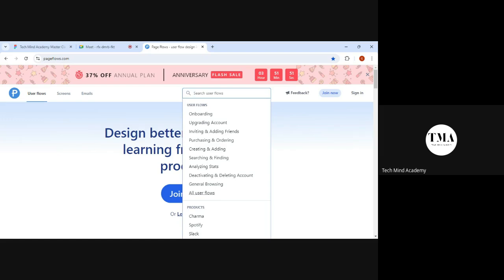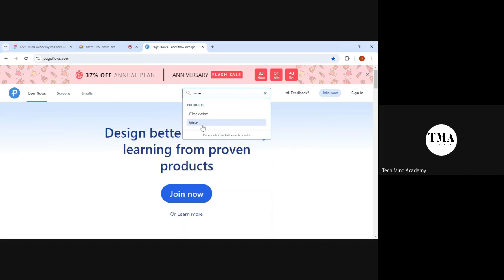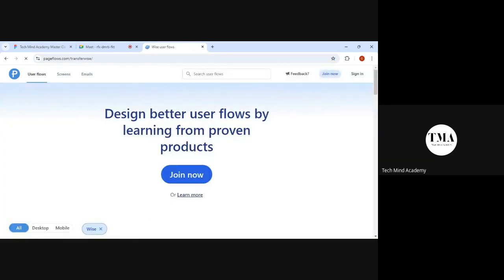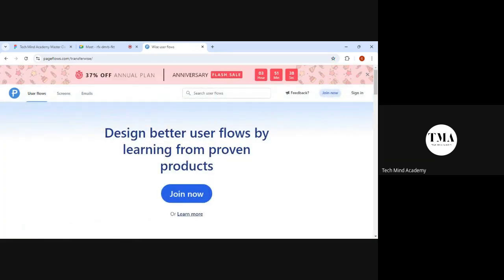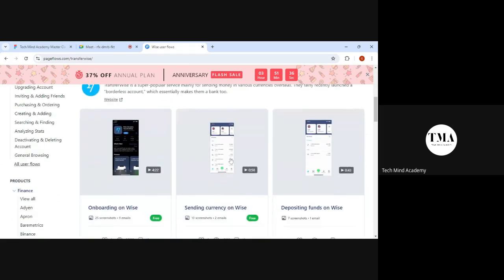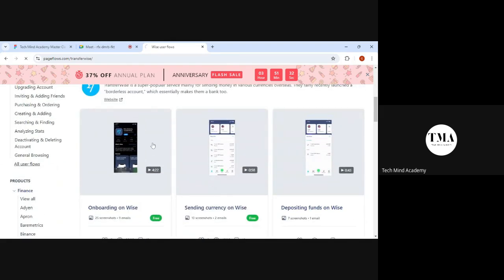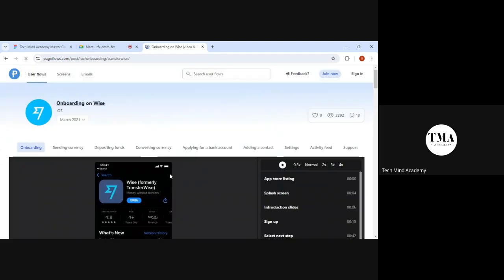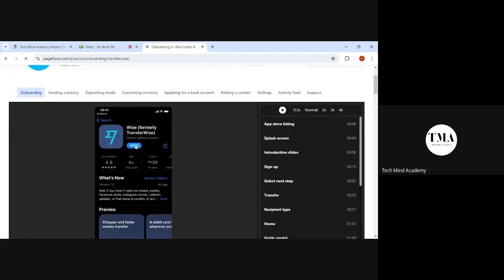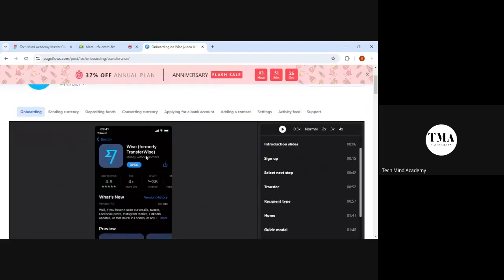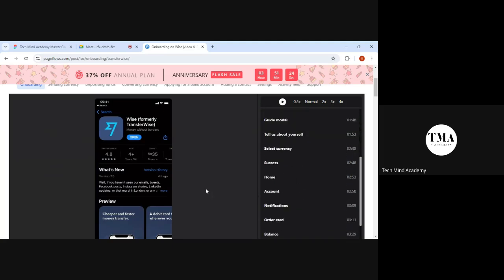sometimes they actually have the plan for the user flows or design flow for each of those. Let's say, for example, Wise. Most of you actually put Wise as the remittance app that maybe your respondents use. You can see that there's a user flow for this, and I think this one is like a video, so it shows you that, okay, this is for when you download and open. I mean, you don't need to design all this. You can start from